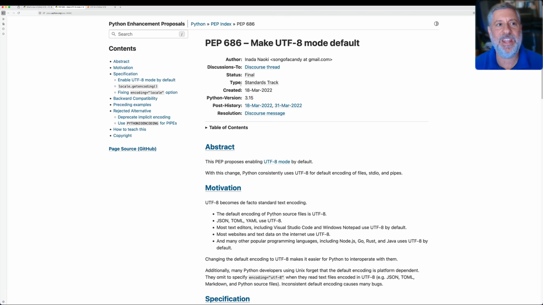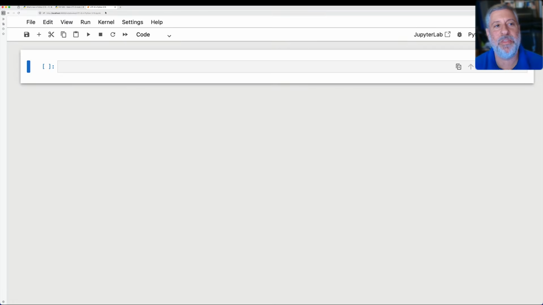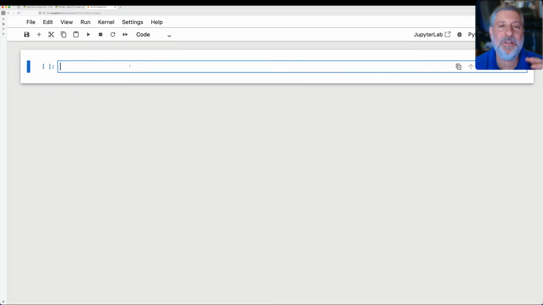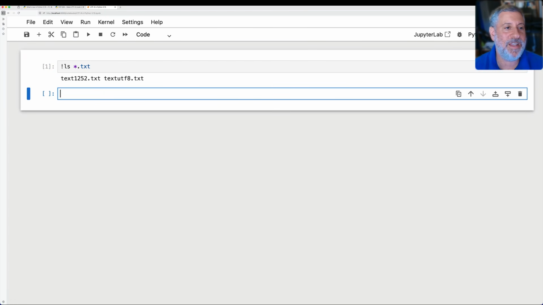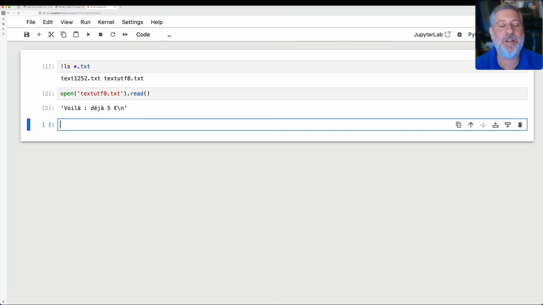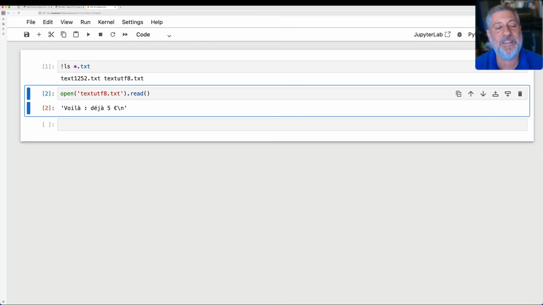So let's first see what's going on in Python 3.15 if I'm trying to read a file that's UTF-8. So if I look here on my disk, I can see I have 2 files, one cleverly named text.utf8.txt. So I can say open of text.utf8.txt, and I can just read it. And it works just fine. Right, it's got some French in there. I'm not even going to try to pronounce it because my pronunciation is even worse than my other knowledge of French. But basically, you can see here we have some characters with accent marks.